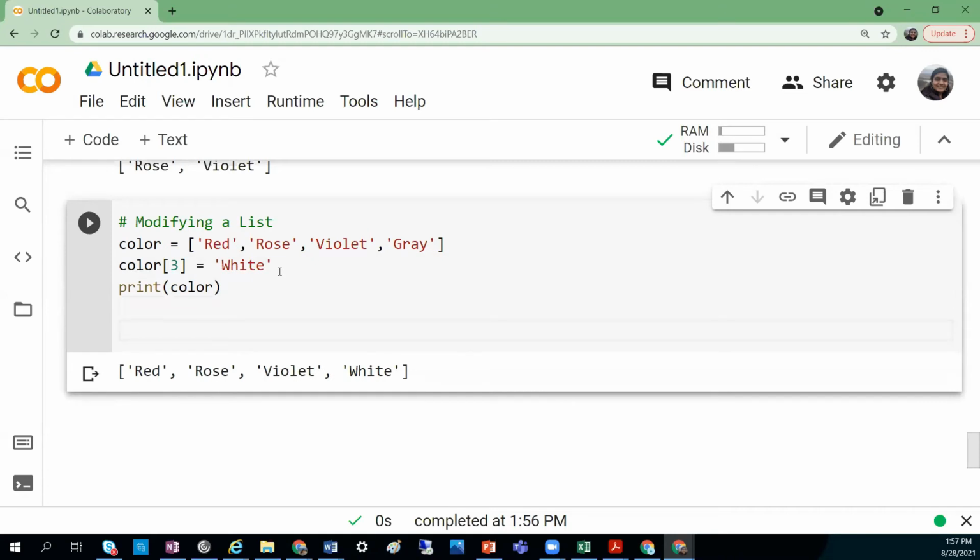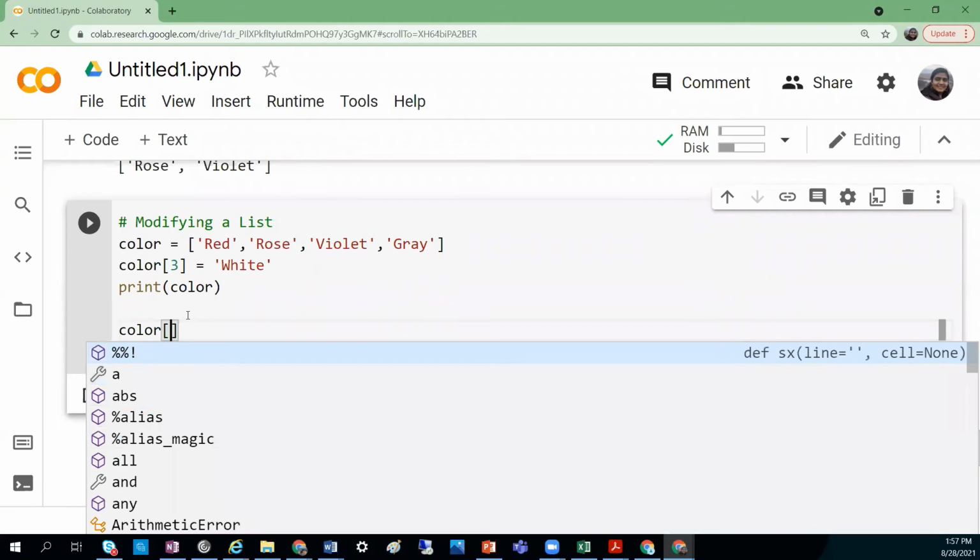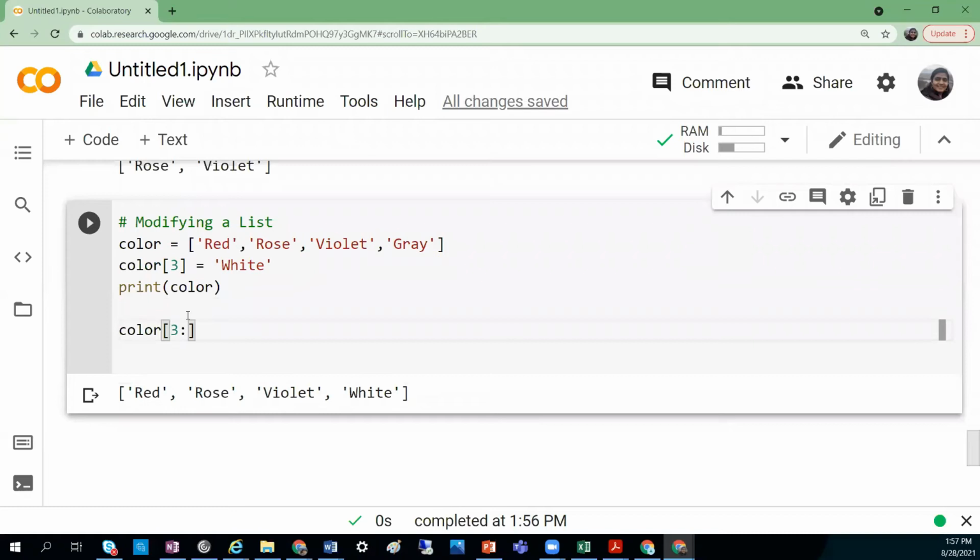If you have to change a set of values, so when I initialized the list, I gave the colors as red, rose, violet, and gray. Okay, now I don't like it. I chose the wrong colors, and now I want to replace a set of colors. What do you do? Same thing. How do you access a range of indexes? By giving the starting index and the ending index. Correct? This is how you access the list values, right? Similarly, you specify which list you are going to change. Say I'm going to change index 1 and up until index 2. Okay, so I'm going to change the values to